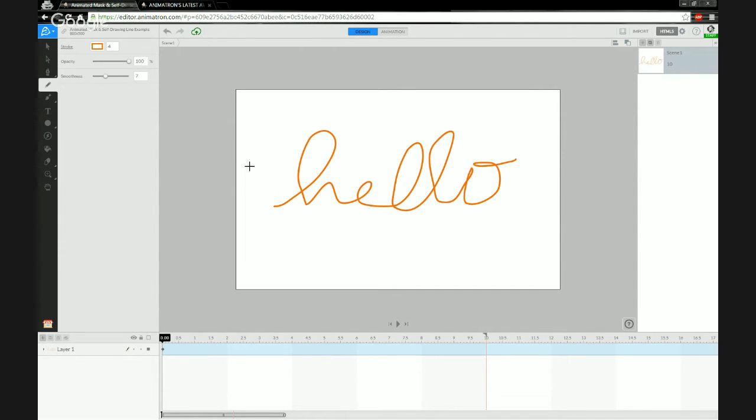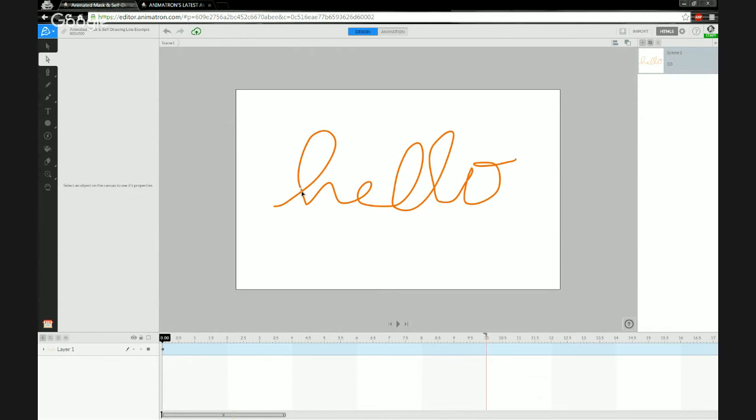Yeah, that's good enough. We'll go with that. I'm sorry about my sloppy handwriting here, but I'm using a mouse and it's quite difficult. So if you did want to hand draw this and then refine it so that it looked a little bit more legible to somebody who was viewing it, the beauty about using pen strokes or pencil strokes is that